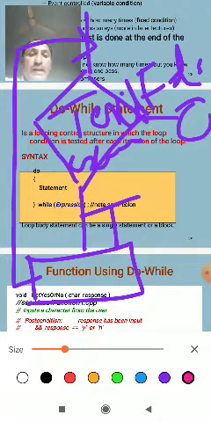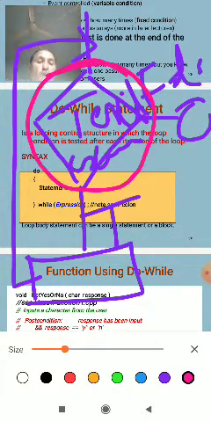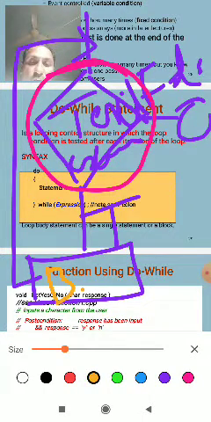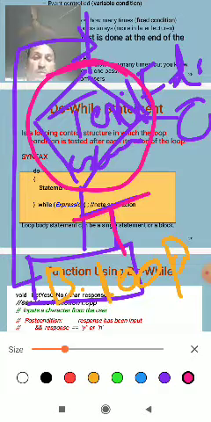Then the conditions will take decisions of given loops. Then the body of the program, the body of the loop. This is called the body of the loop, and take the decision, it's a true value.